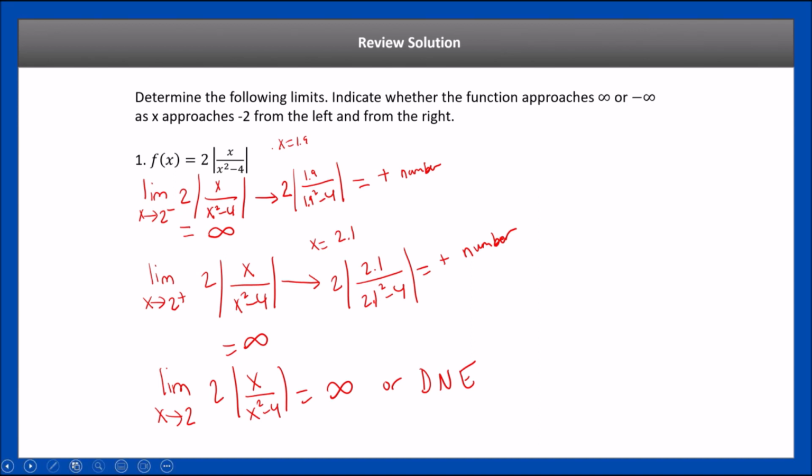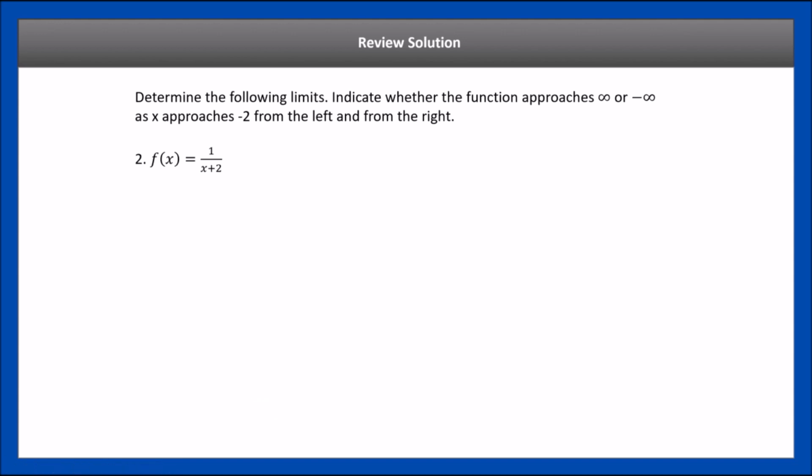All right. So let's take a look at number 2. We're doing the same thing as x approaches negative 2, however this time we're doing negative 2. So the limit as x approaches negative 2 of the function 1 over x plus 2. So we know if we plug in negative 2 into here, if we do a direct substitution, we're going to get 0. So we know it's a vertical asymptote, and therefore we want to see, let's plug in a number